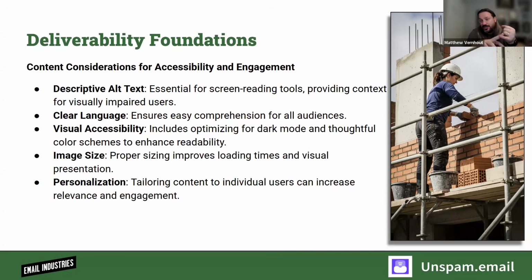There are lots of AI tools out there that will give you visual text descriptions of your emails if you don't know how to do it, or you're concerned about what should be included. People talk about using AI all the time. This is a great use. Give the AI an image and say, describe this, give me the alt text, copy and paste that alt text into your message. Clear and easy language.